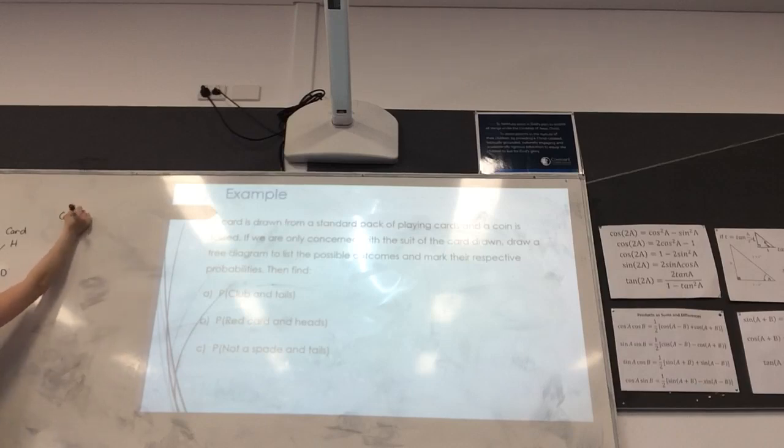Now I'm going to toss a coin. Notice how I also haven't squashed them together because this is just the first set of branches and I'm going to have another layer and I need to spread out more. Okay, so give yourself space. When I toss the coin, how many options do I have? 2. Okay, so out of each of these,